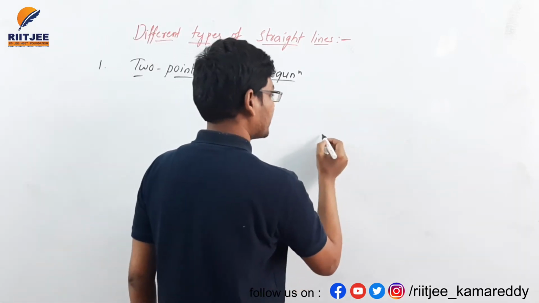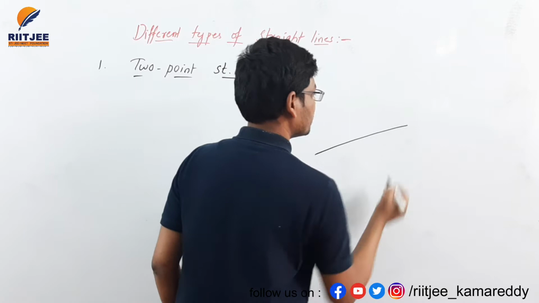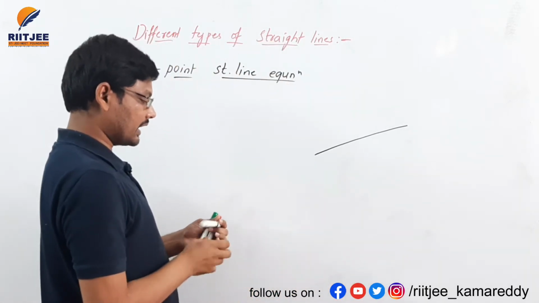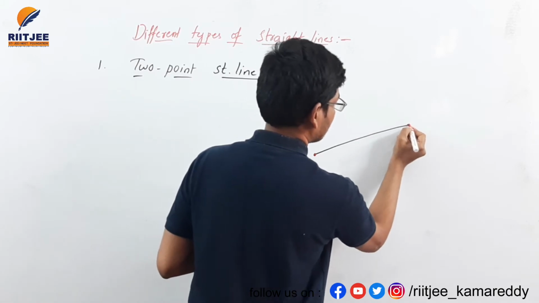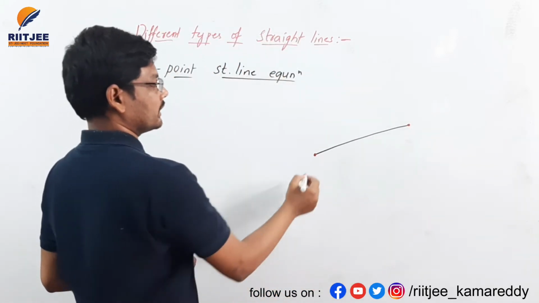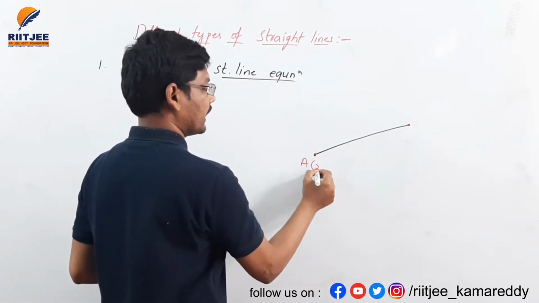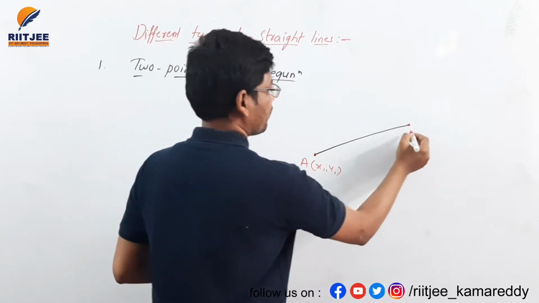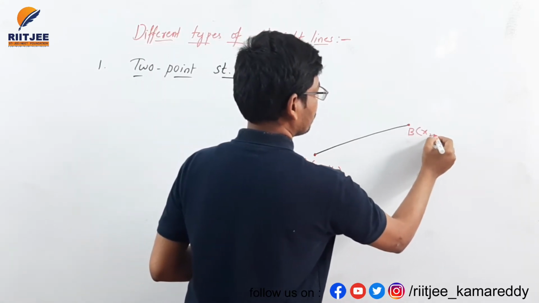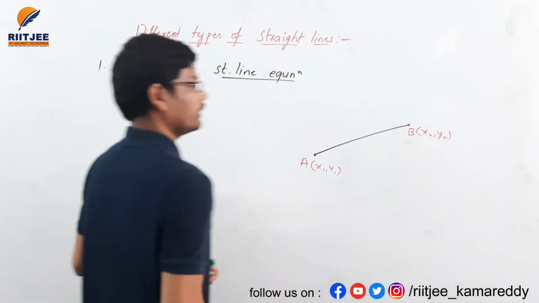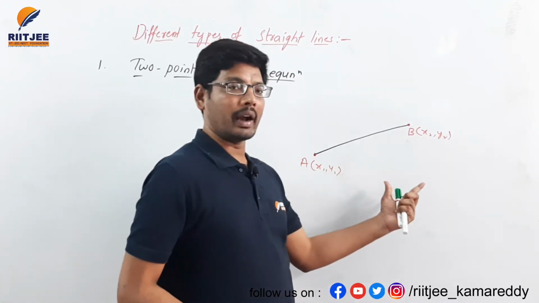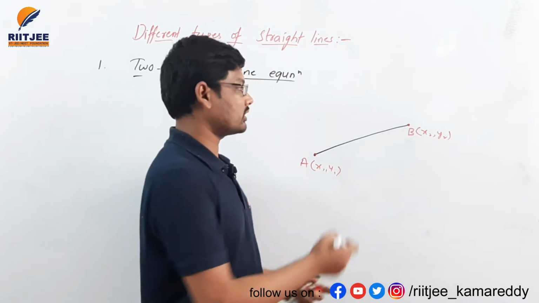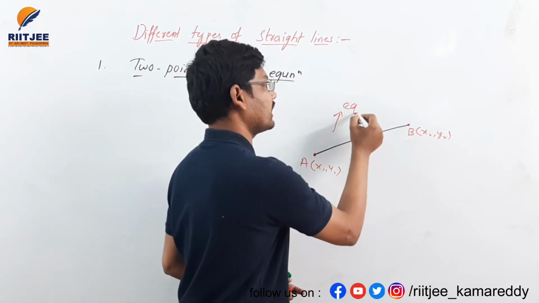First of all, I am taking a straight line. This is a straight line. For this straight line we have 2 points. I am considering this is 1 point and this is one more point here. Here this is point A, that is x1 comma y1, and the point B is x2 comma y2. Here we have 2 points. When a line has 2 points, if you want to find the straight line equation of this straight line,